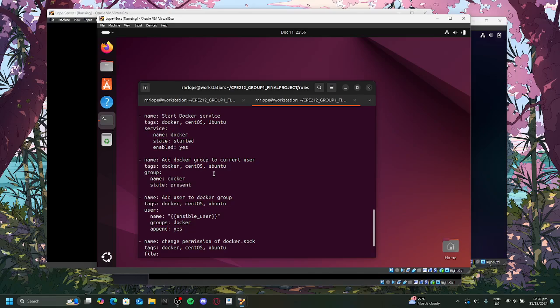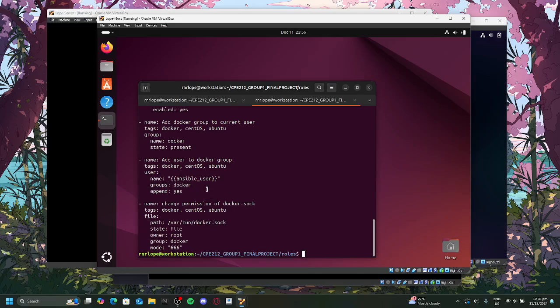After that, we created the docker group, and added our Ansible user to it so that it can run Docker smoothly without interruptions like asking for permissions, and we also changed the permission of docker.sock. Sometimes, if docker.sock has the wrong permissions, it can interrupt the creation of Docker containers and images.